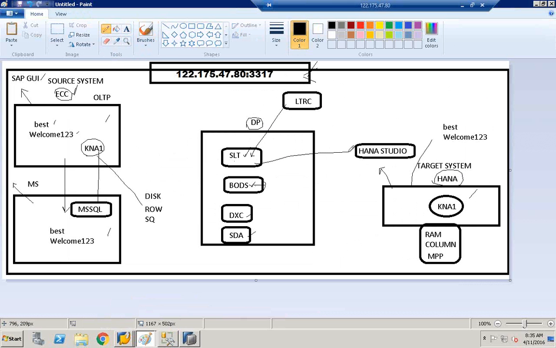This is one way we can access SLT, and the other way is directly from HANA Studio. So from both ways we can access SLT. One is using the LTRC T code and the other using HANA Studio. Let me show you from HANA Studio. From the HANA Studio,